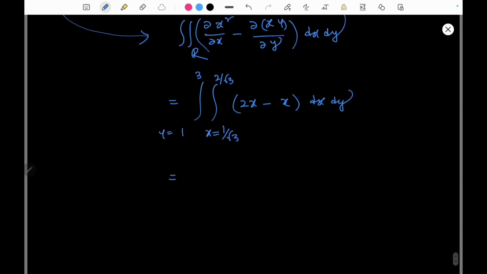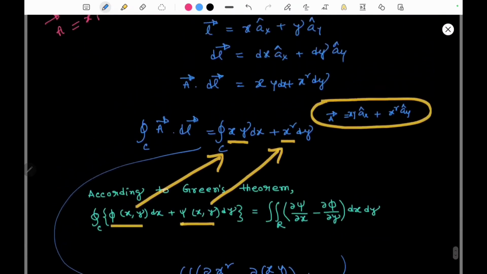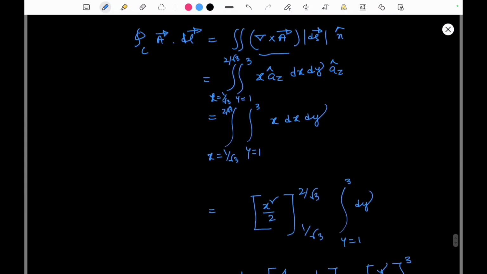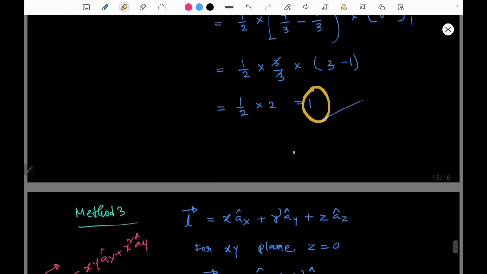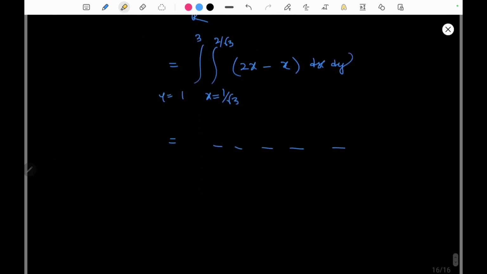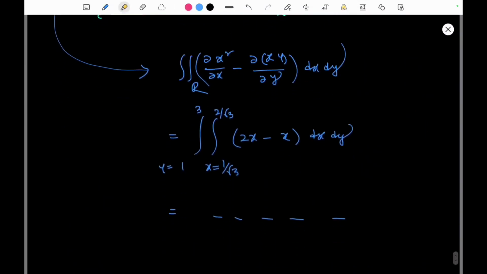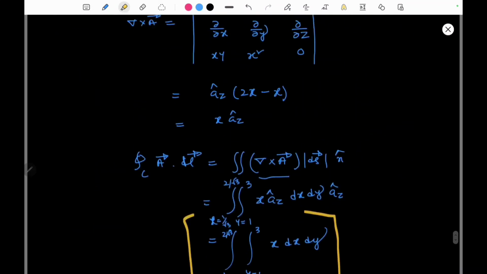So we can calculate this similarly, but I shall not calculate this because we have already calculated this. You can see here. From this point the calculation will be the same and it will come 1 only. So we solved the question with 3 methods, and we got the answer 1. So we can write